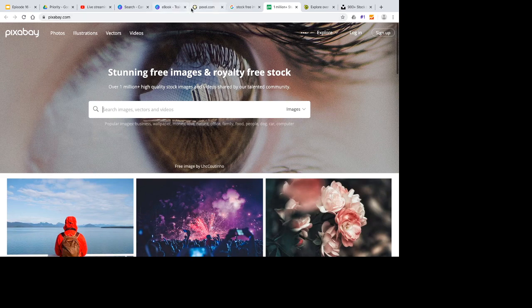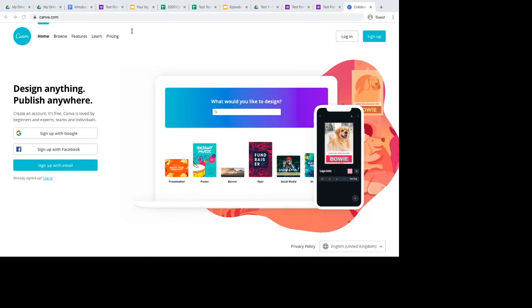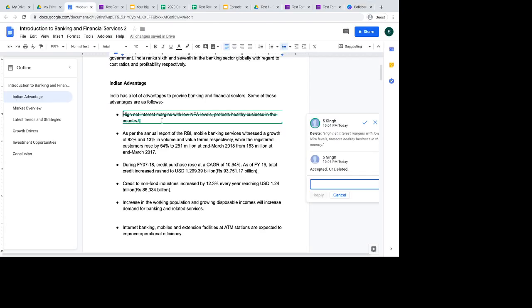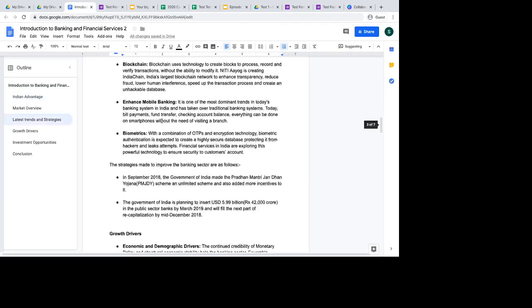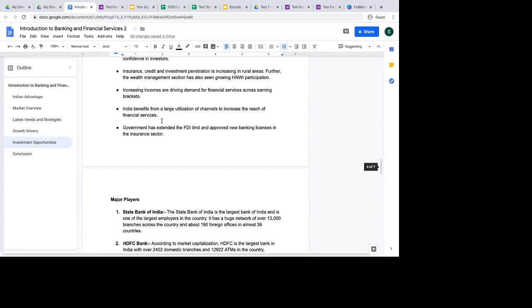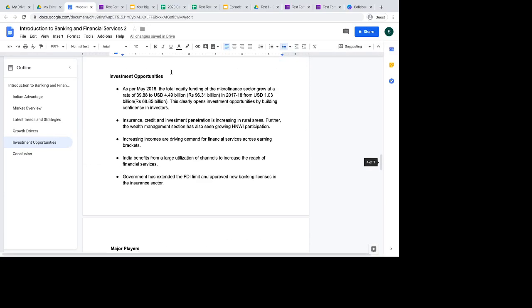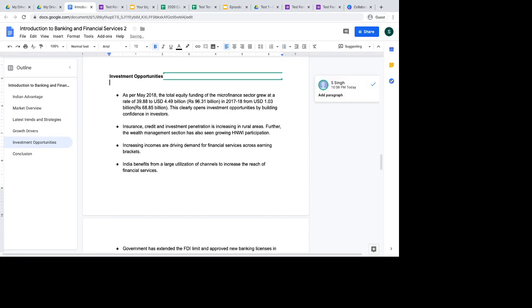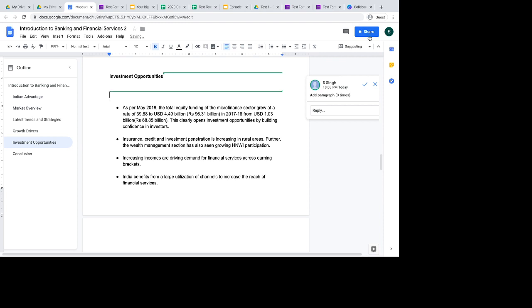By the way, in Google Doc, if you want to insert any image, you don't need to go elsewhere. Inserting images is also very useful, you know. Suppose I have to measure investment opportunities, right? Suppose I have to put an image here. So rather than going on Google, I can just do one thing: click on Explore,